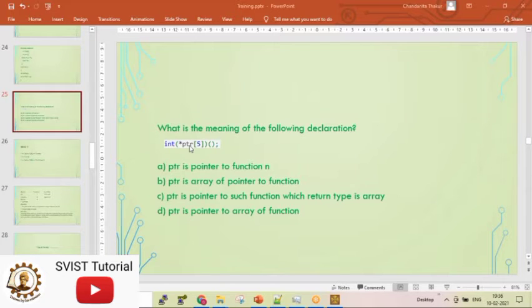Tell me what it is. Ma'am, array of pointer. Okay, this part is clear that it is a function. Here there is a function. This part is clear. Yes, ma'am. It is clear that it is pointing to some function.